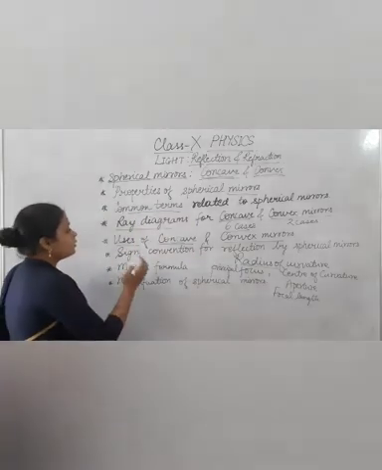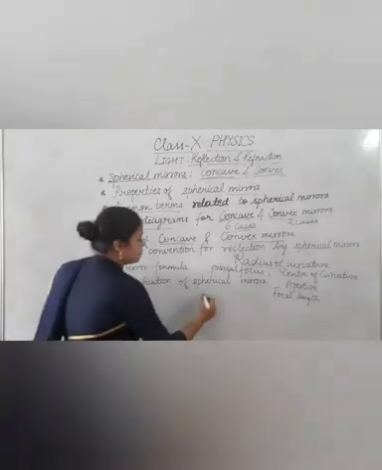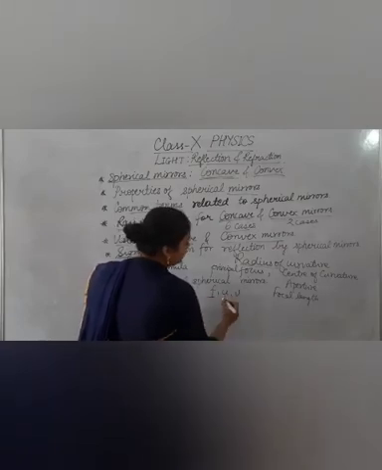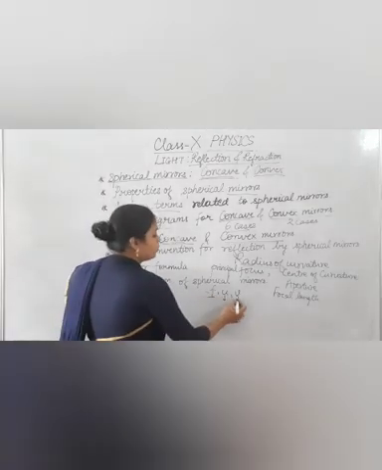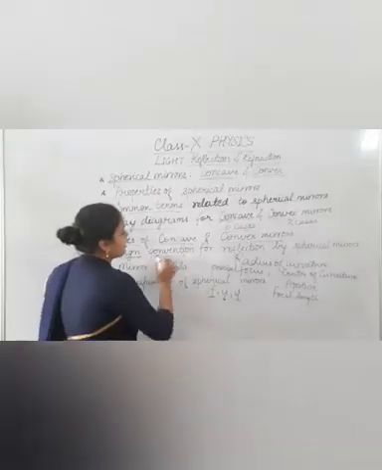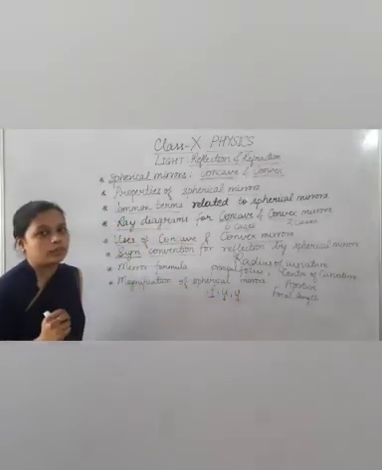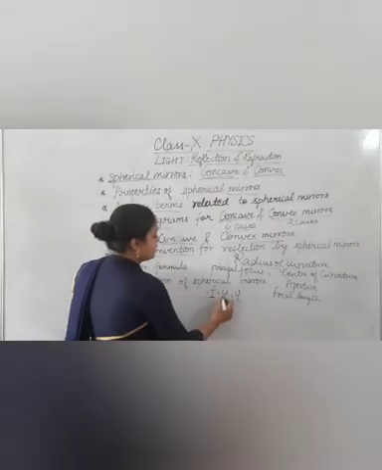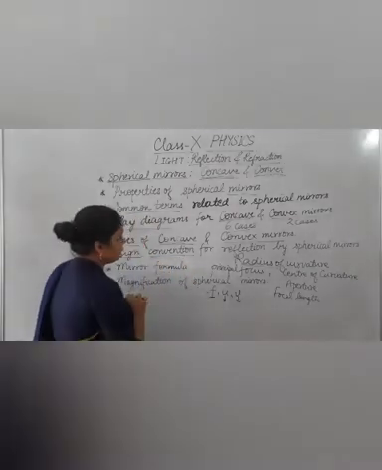Next, when you understand the ray diagrams, there will be some terms such as F, U, V, where F is the focal length, U is the object distance, and V is the image distance. These three terms will have some sign convention. So under this heading, sign convention for reflection by spherical mirrors, whenever an image forms in a spherical mirror, there will be various signs taken for U, V and F. Each of these will be discussed in sign convention.